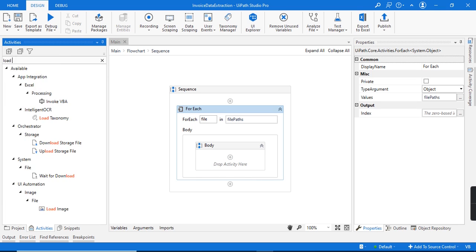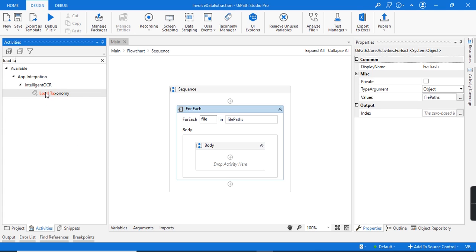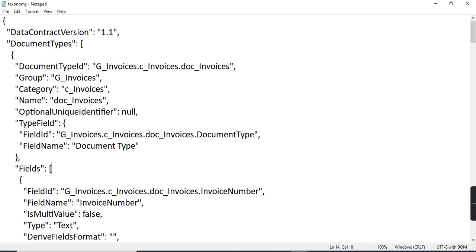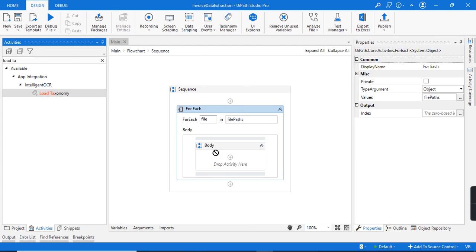So let me search for the load taxonomy activity here. So this is the activity under intelligent OCR package. This activity turns the taxonomy.json file which we just saw. This activity converts this JSON file into a variable. So let me add this activity here,